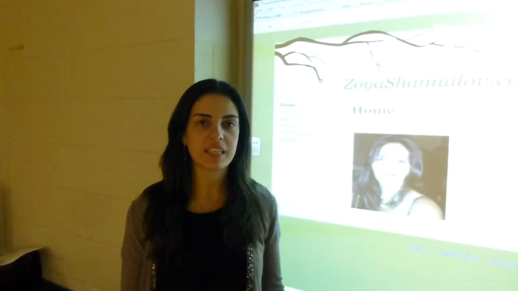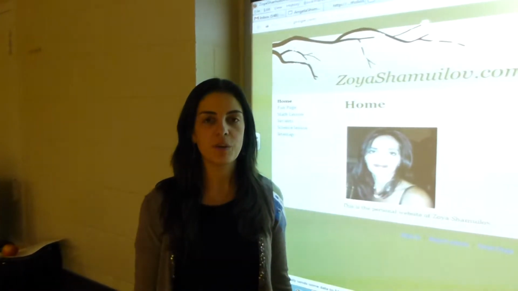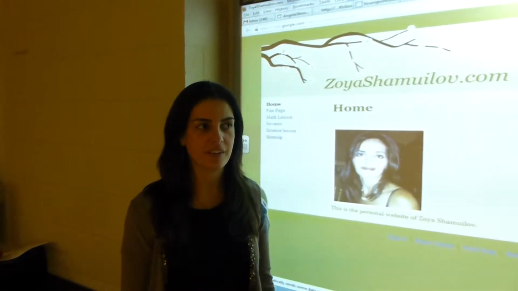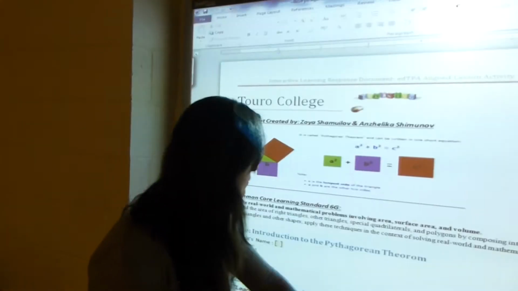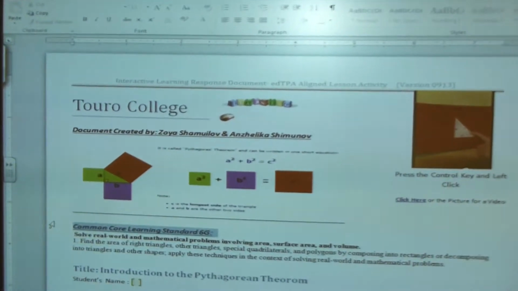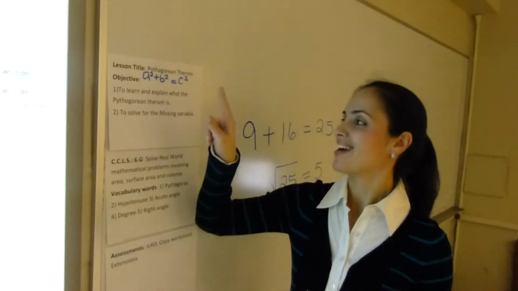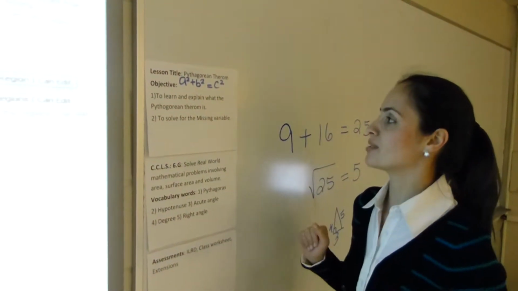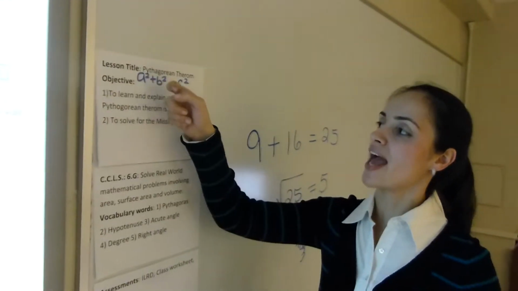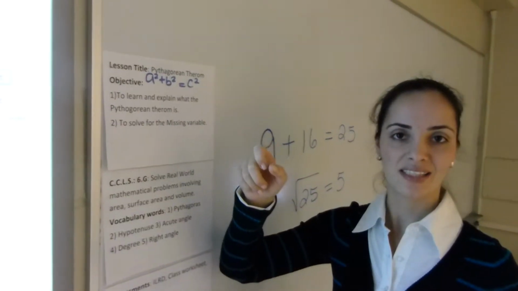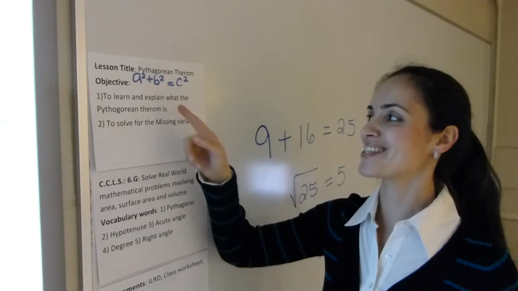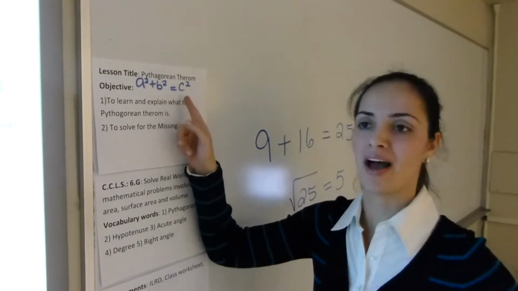But today we're focusing on an interactive learning response document that will focus on a math lesson on the Pythagorean theorem. Today's lesson title is the Pythagorean Theorem Part 2. In Part 1 we focused on the algorithm a squared plus b squared equals c squared, where a squared and b squared are the two legs of a right triangle, and c squared, or c, is the hypotenuse, the longest side